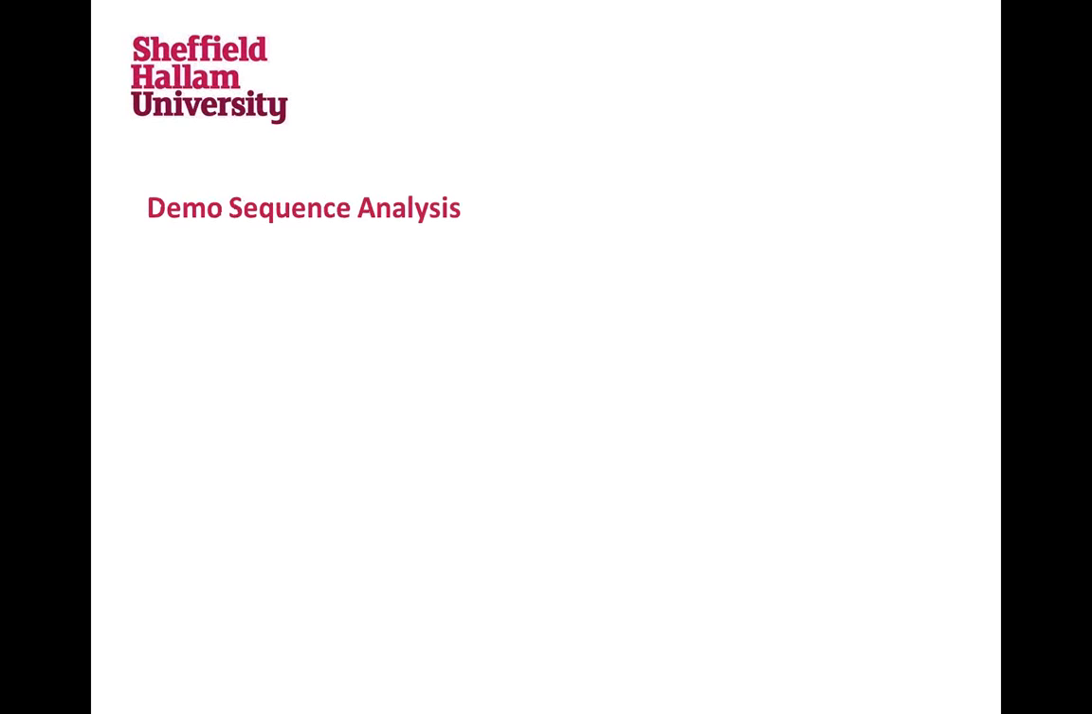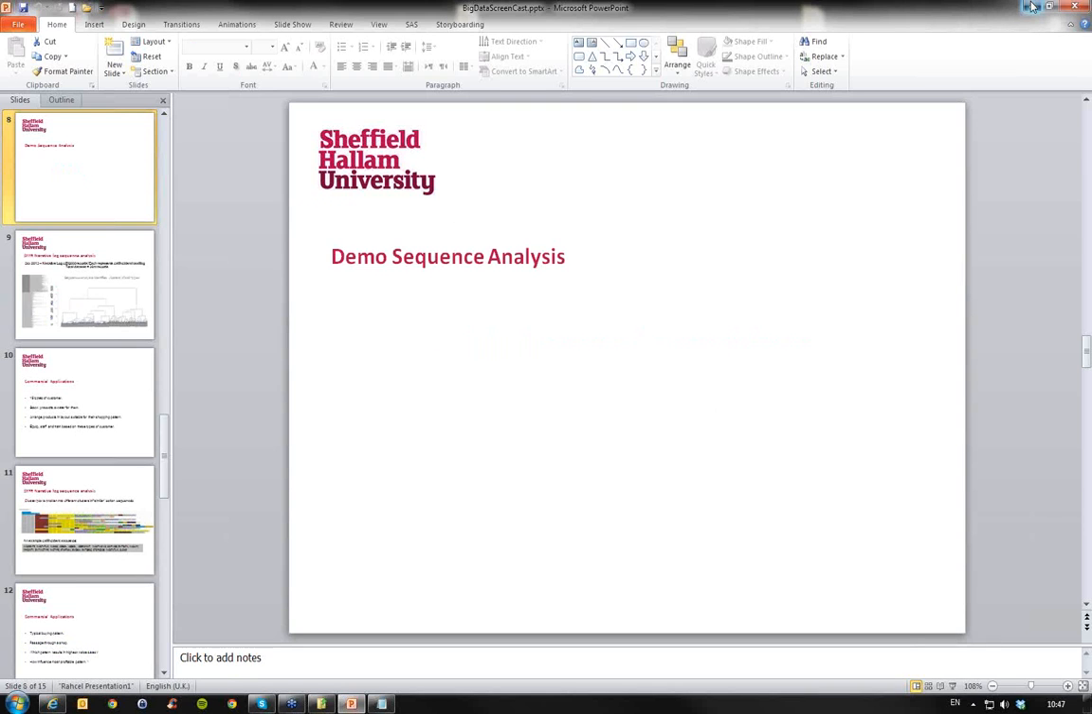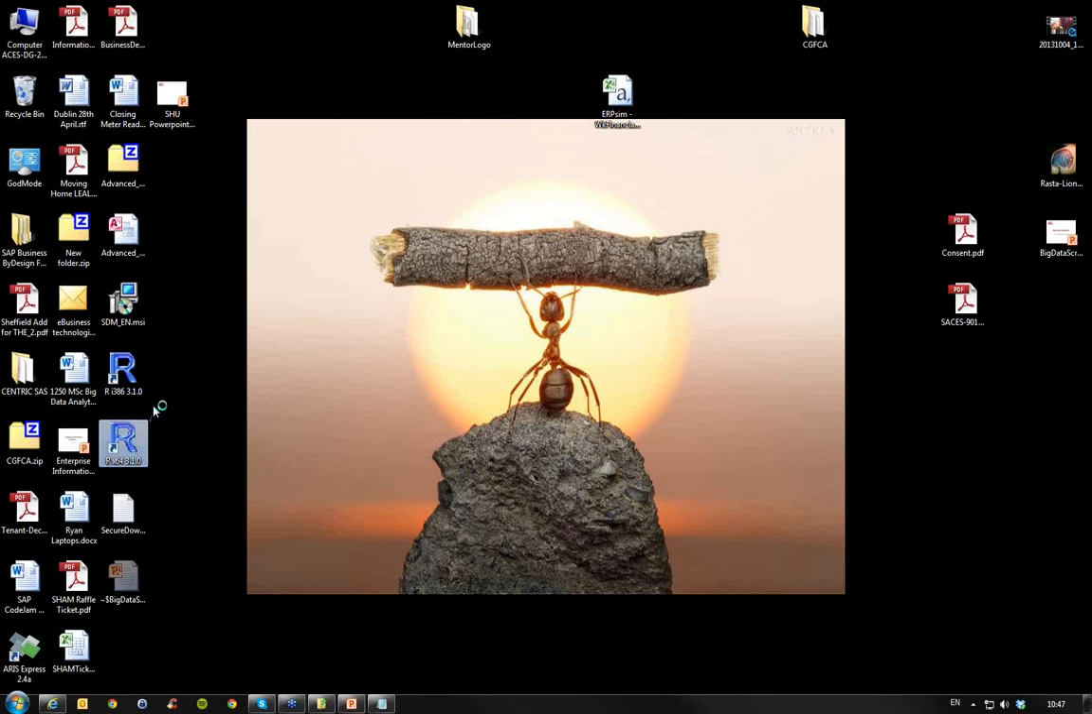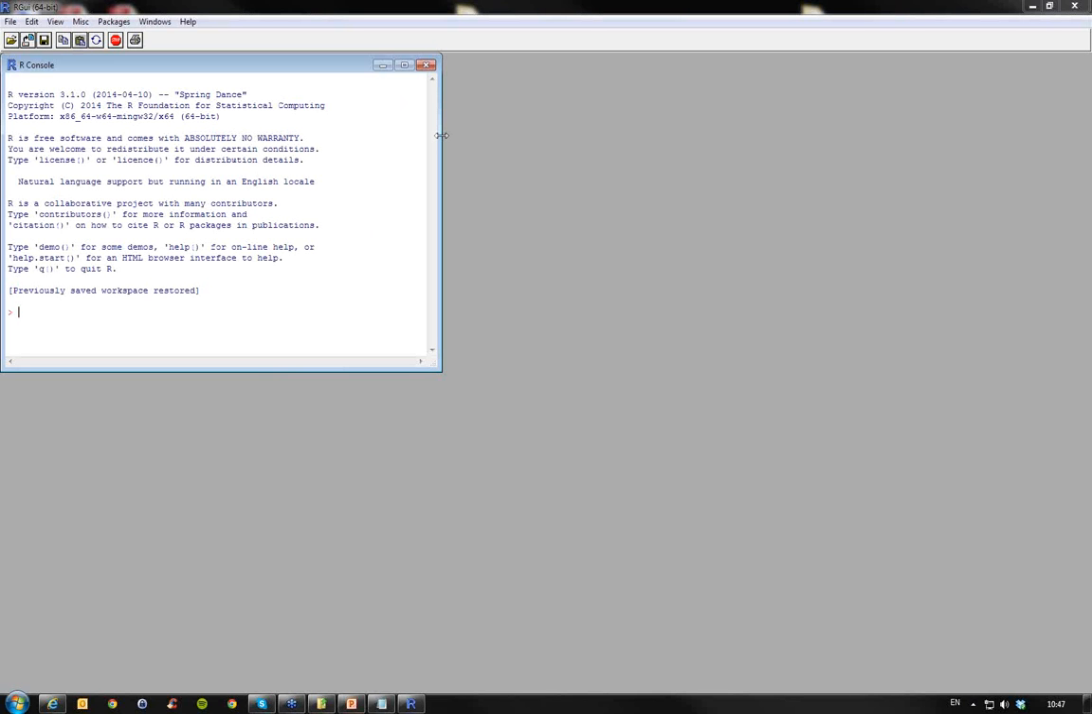Okay, so the software we were using to do that was the software package called R. So if I just come out of this presentation and drop into R. Now, as I said, this software is freely available. It's open source. You can download it yourselves. And having downloaded the R environment, you would then download the TraMineR package, which would enable you to do the